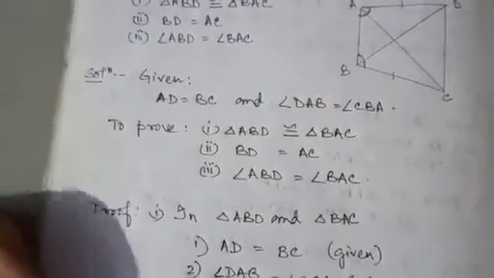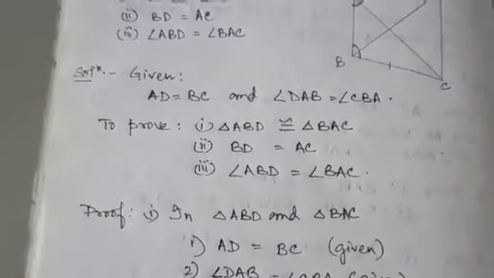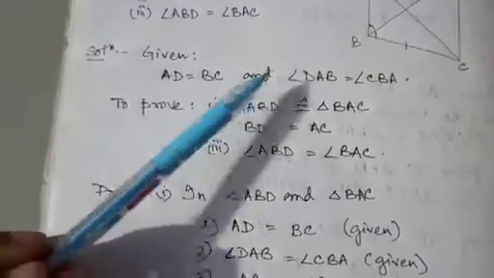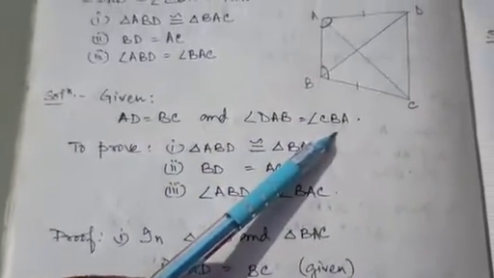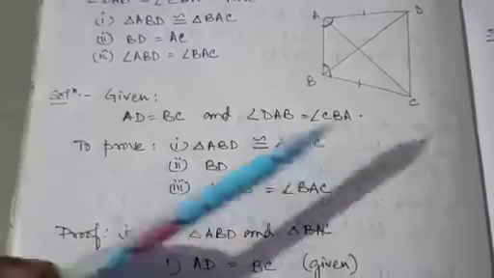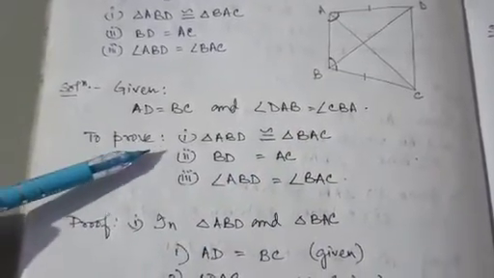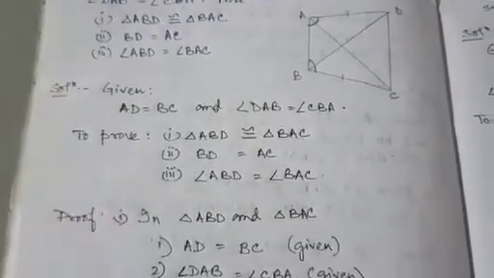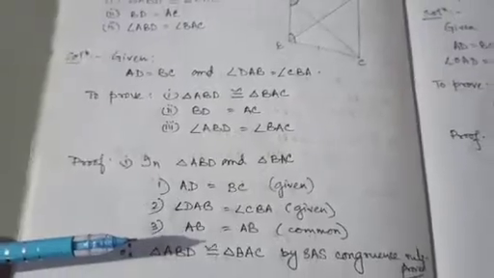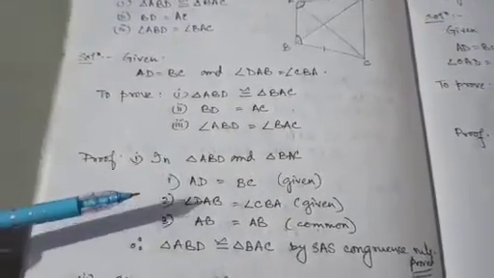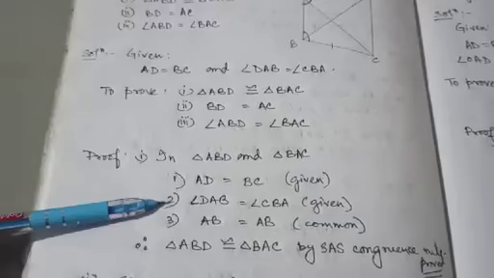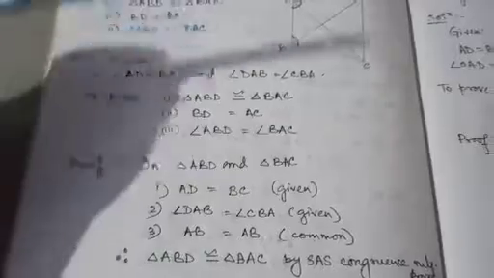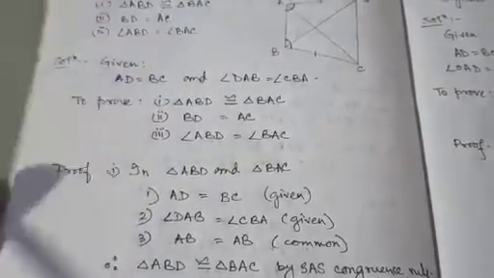So first we will write the given, whatever is provided in the question. Given AD is equal to BC and angle DAB is equal to angle CBA. You can see from the diagram, we need to write the three subparts that we need to prove. I have written them one by one. Then next we will come to the proof. Now I want to show you both the things together, the proof of the first part as well as the diagram. So while I say the proof for the first one, please correspond to the diagram as well.